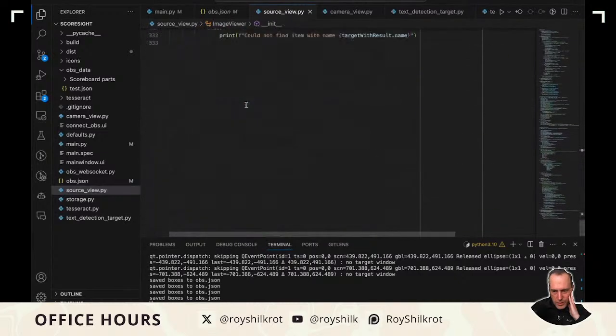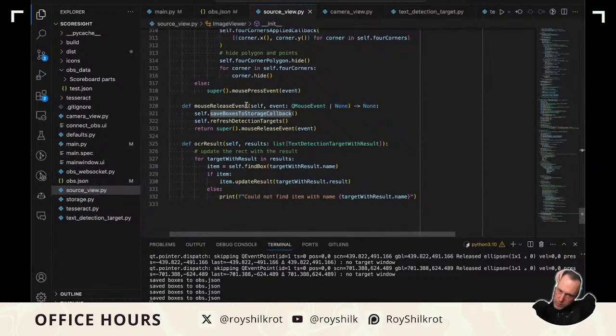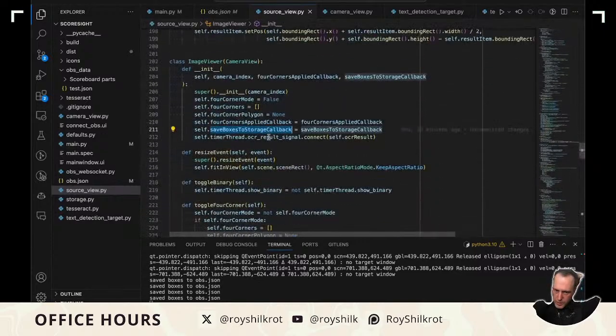If there's any change, mouse release, it calls that one. Also refresh detection target, which should also be,